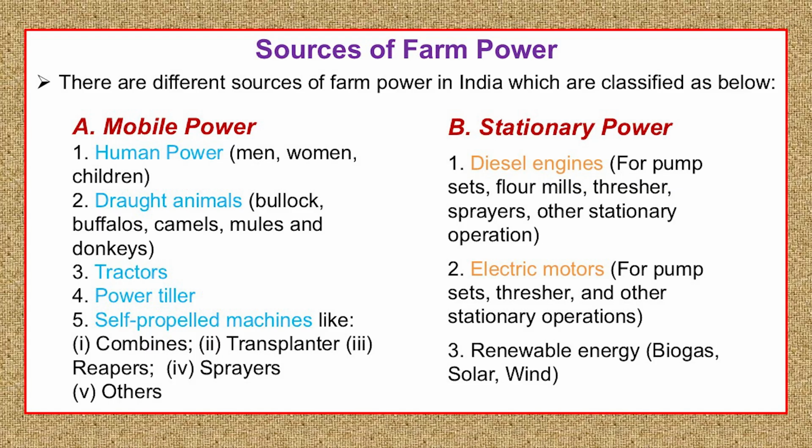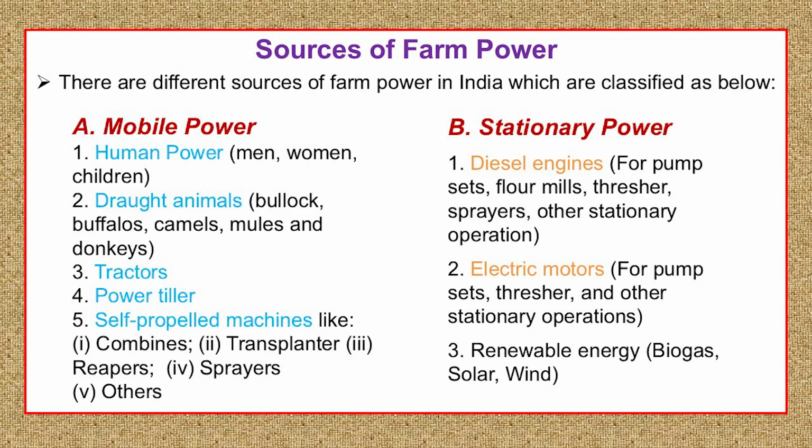In the case of mobile power, you can put all those sources of power that you can move from one place to another. Like human power, which includes men, women and children. They may be moved from place to place to perform any task they are assigned. Draught animals can also move, like bullocks, buffaloes, camels, mules and donkeys. We categorize them as draught animals because we use them as a source of power in